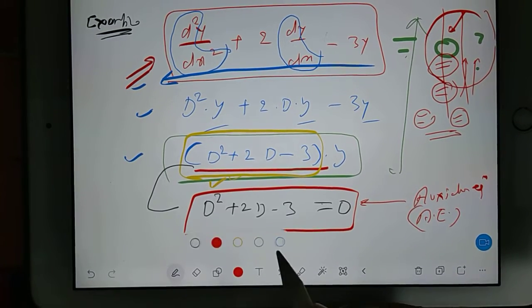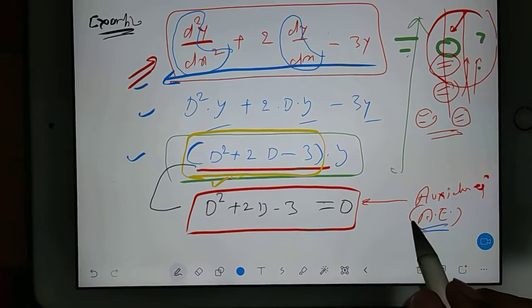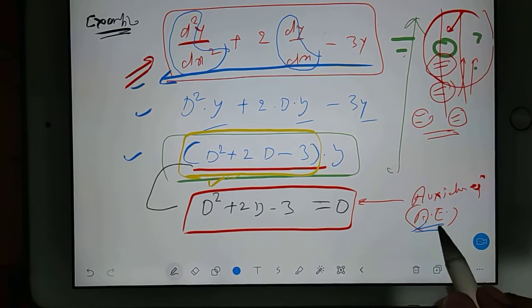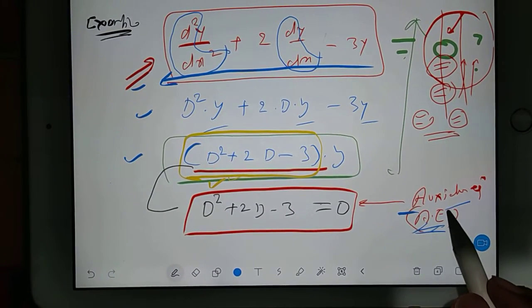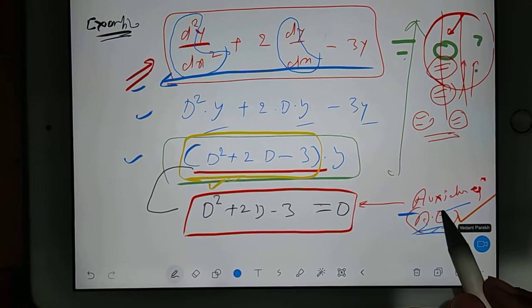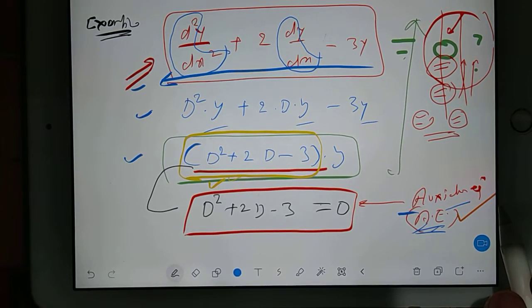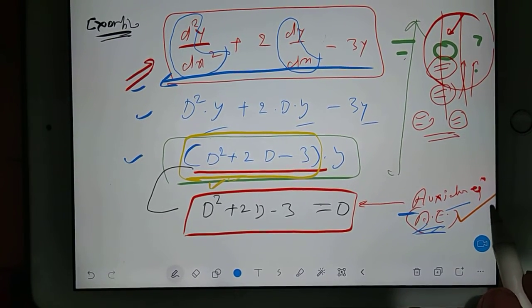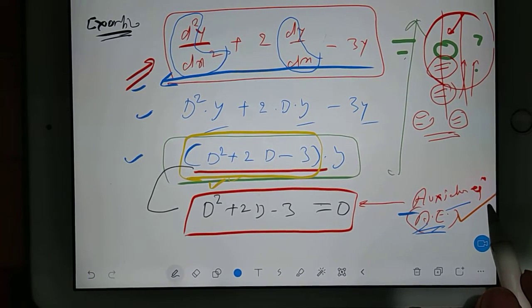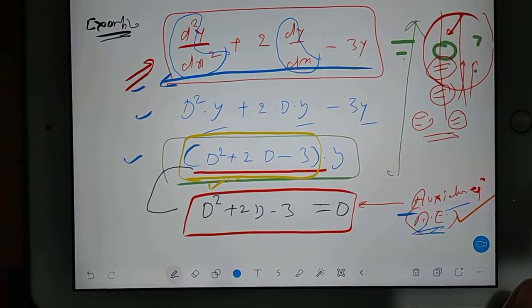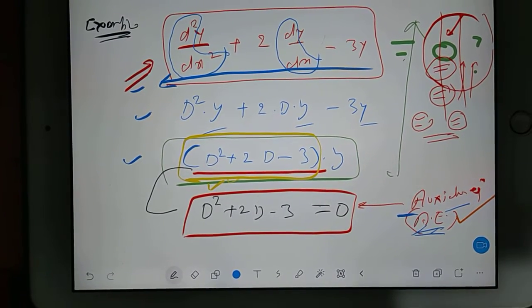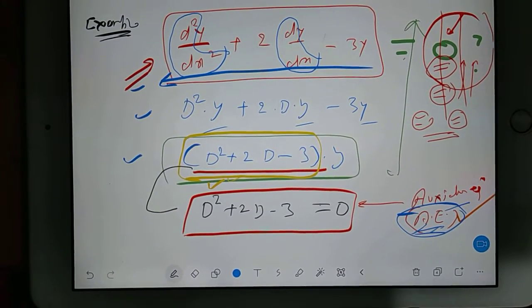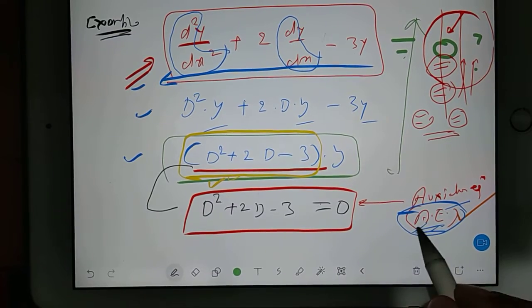So when I put 0 here, whatever new thing is written, I will call it the auxiliary equation. In short, you say AE. AE means aerospace engineering, or aeronautical engineering. Now don't say that automobile engineering is also AE. No, we are aerospace engineers. AE means aerospace engineering. It is not automobile engineering, okay? Never. Only aerospace engineering. This is proud for us. And you know what is the best part of AE?